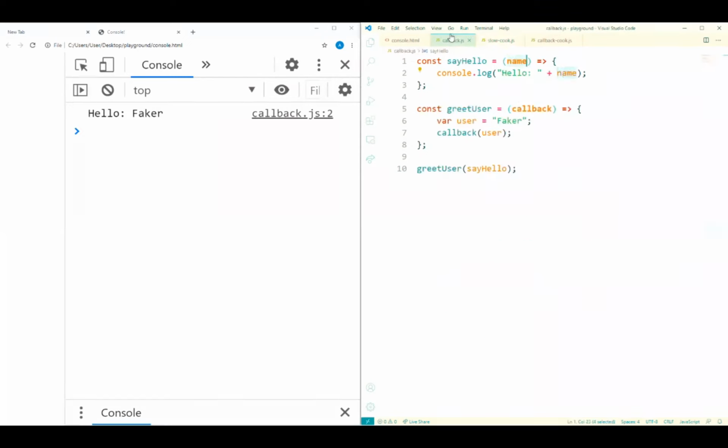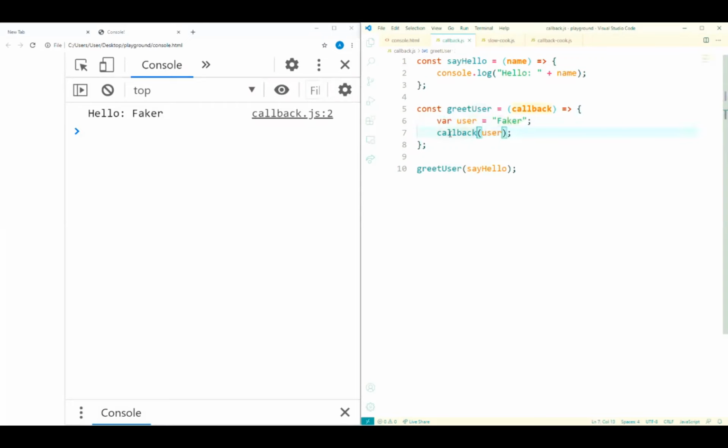I was about to go over the order of execution as well. Let's say we call greetUser here. I wish I had a pointer here, but at line 10 our code starts running. We call greetUser with the parameter sayHello. So now our code goes to greetUser and starts running it. It creates a variable called user and stores it as Faker.